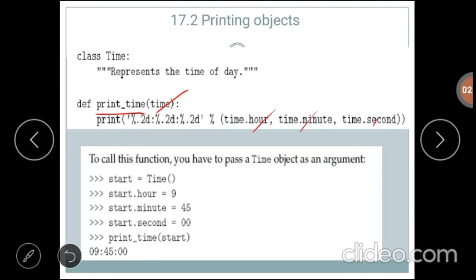So first create the object for the time class, and initialize the three data members of that class: hour, minute and second. Then make a call to print time, then start. It will display the time in hour, minute and second format. This is about the function.